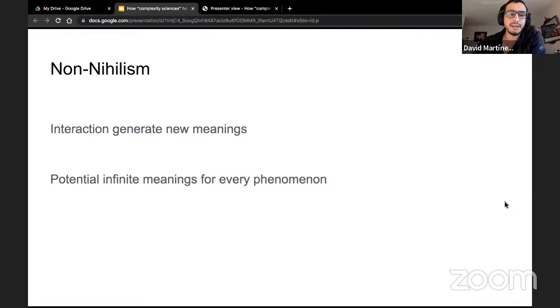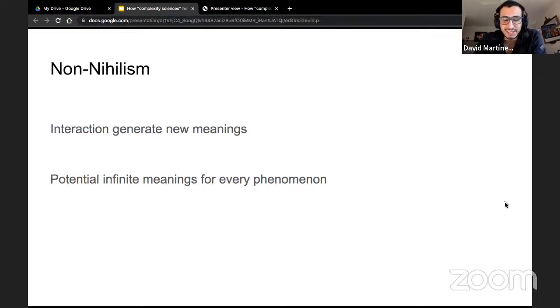So all of these that I mentioned generate new meanings for the phenomenon. So instead of having a nihilism view, that means that existence has no real meaning, we think that the interactions between the elements in a system generate new meanings, and that there are potentially infinite meanings for every phenomenon.